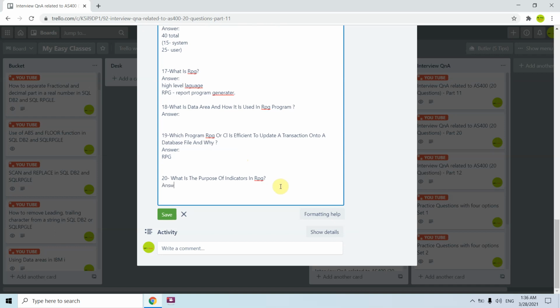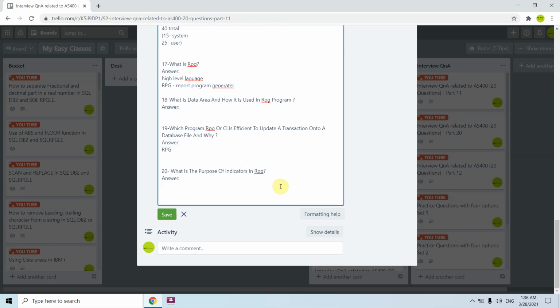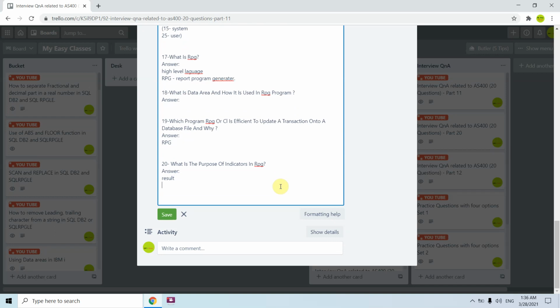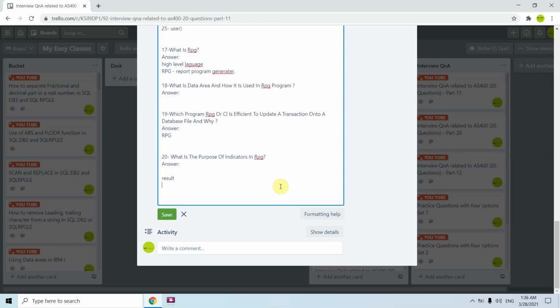What is the purpose of using indicators? An indicator would be a result of something, or it would be set on some condition. If a condition is satisfied, then this indicator gets turned on.